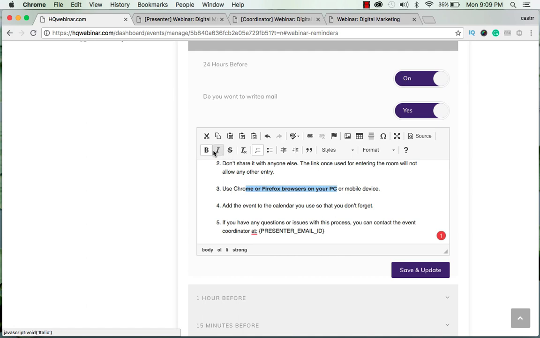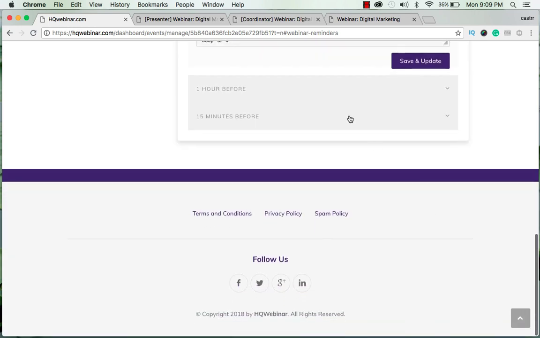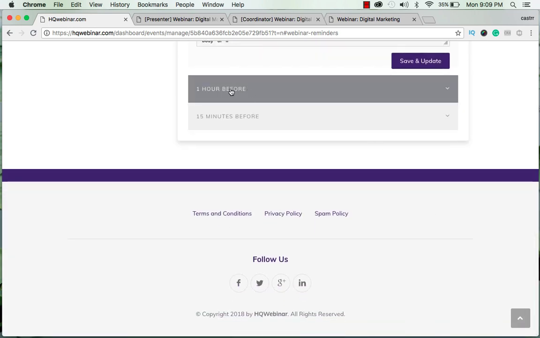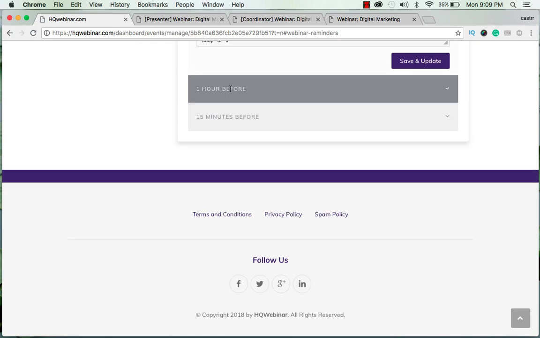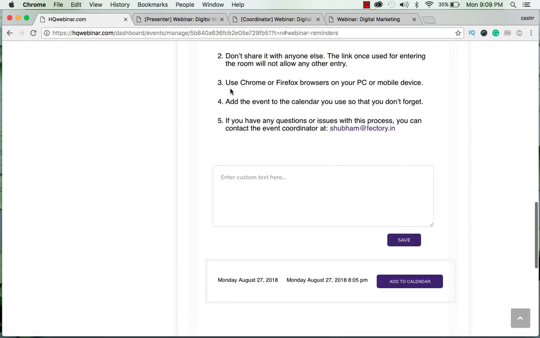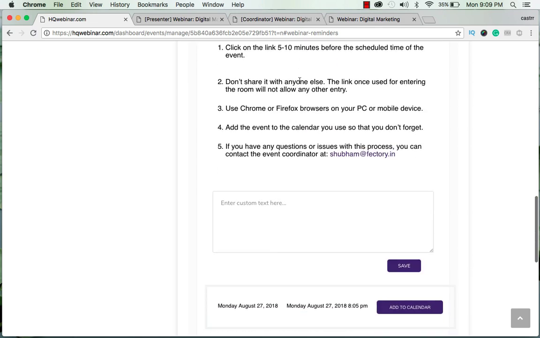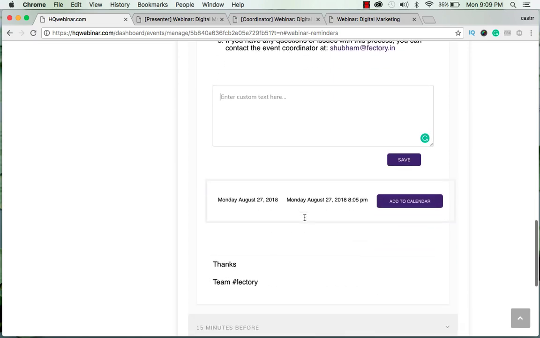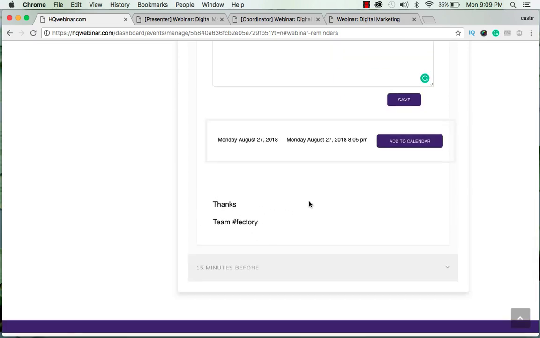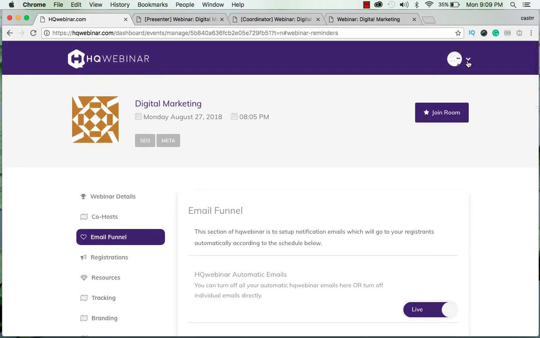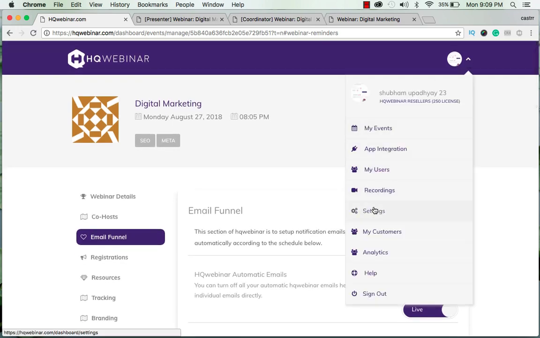You can edit it. It is not less than Microsoft Word editing, and now you have option to edit your email that is 1 hour before. You can do it in the same way. And suppose you don't want to write your own custom mail, you can also write a short message in the template provided by us. And for this signature, you can change it in the settings section from here. All right,